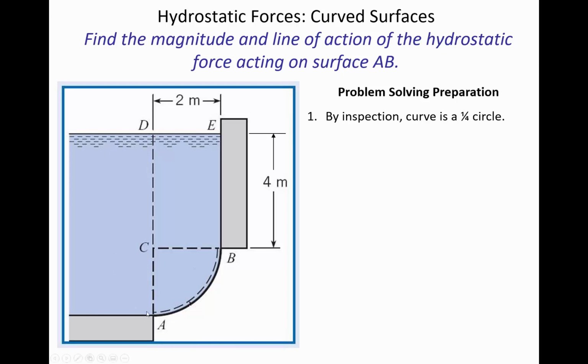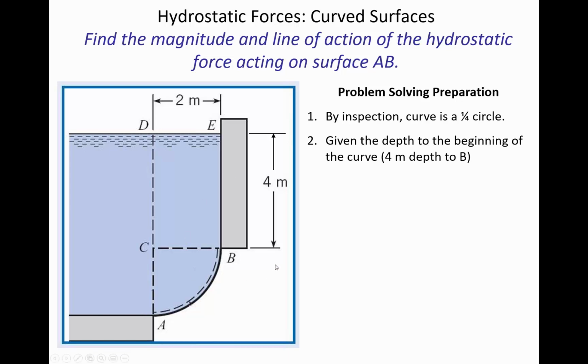Okay, so you can see that it's a quarter circle just by looking at the fact that if you extend horizontally a line outward from B and then vertically a line outward from A, they intersect at point C, and the shape seems to be consistent with the sweep of a 2-meter radius. And so if you follow that dimension down, you can see that it's 2 meters from C to B, and it's also going to be 2 meters from C to A. So that's kind of the implications of it being a quarter circle.